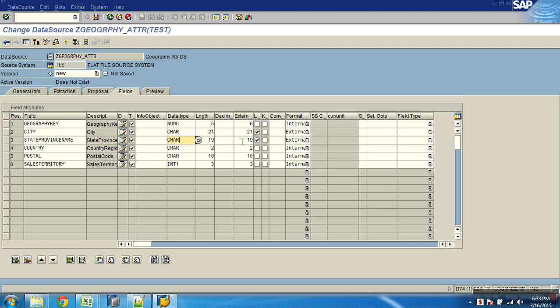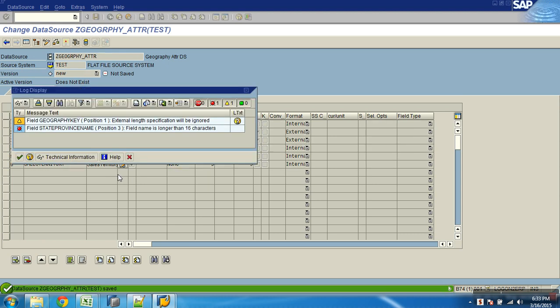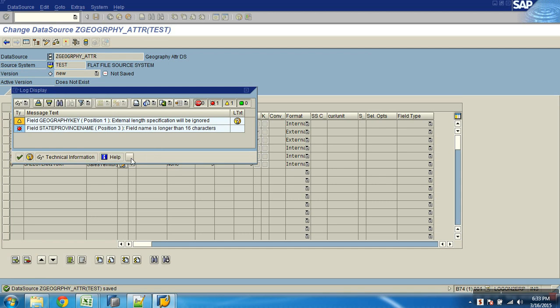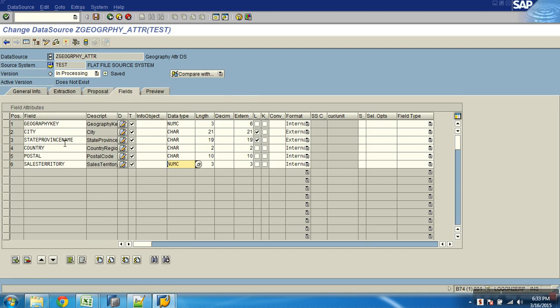Which one? What? Not changed? Changed. Because integer is fixed, it takes it like that, but I can change its value. Okay. So anything, say sales territory, again it's taking something, I want it as NUMC only. I can customize all this. Fine, clear? Okay. I'll come back to these properties later. Okay, that was done, and then say activate. It says the field name is longer than 16 characters. Okay. State, province.